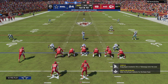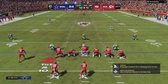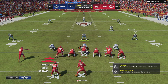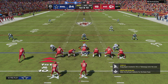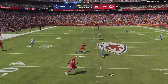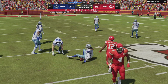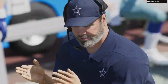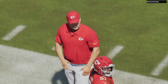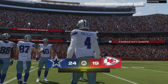Here's 1st and 10. One final try for Mahomes. Finding Hardman. And he'll be taken down, but not before they work it across midfield. Well, it took us until the final play, Charles, to officially decide a winner. Although on that last play they were so backed up, it would have taken a miracle, and they couldn't get